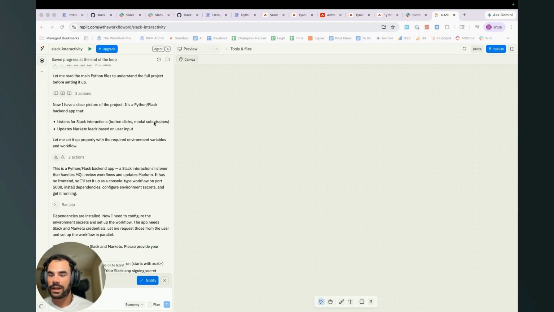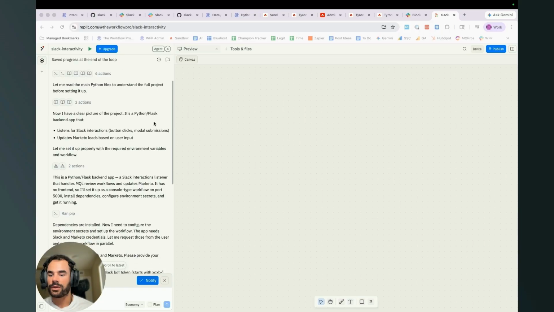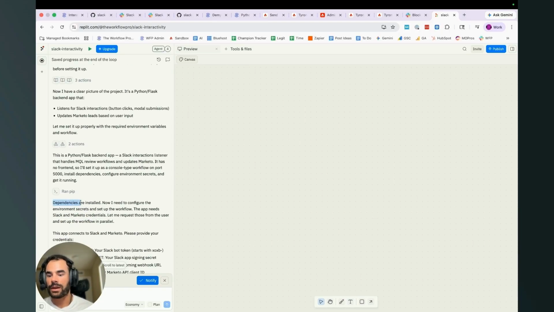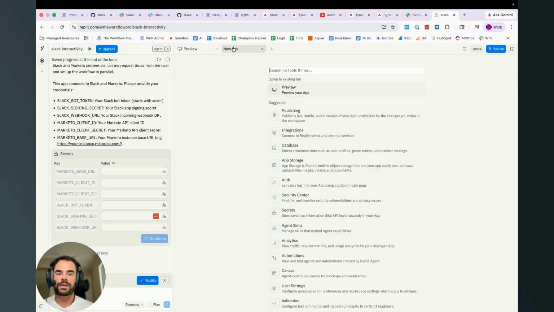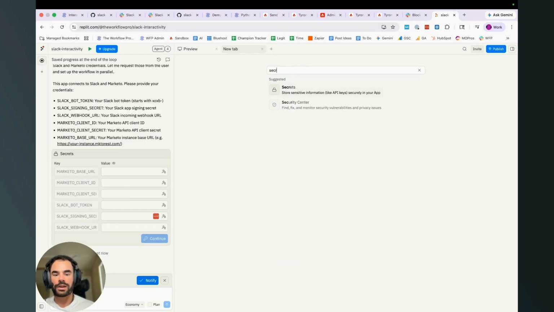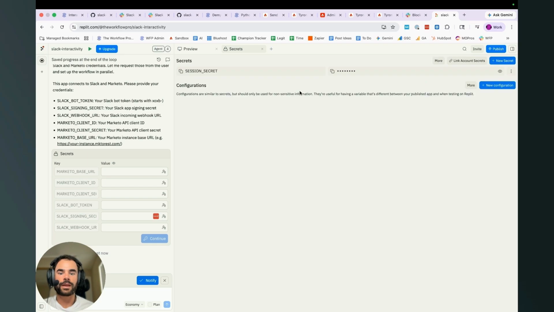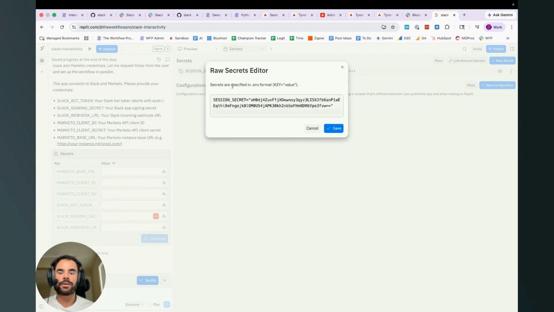So we can see that the agent has done its work to install all the necessary dependencies, and now it's correctly pointing to the fact that we need all of these values in our secrets in Replit. And the way I recommend doing this, actually, the quickest way, instead of typing them out one by one here, you can go secrets, and then I recommend going to more, and then edit as .env, and then all you